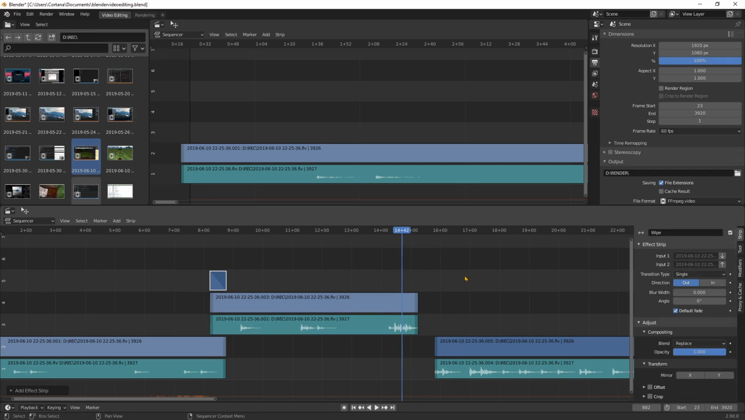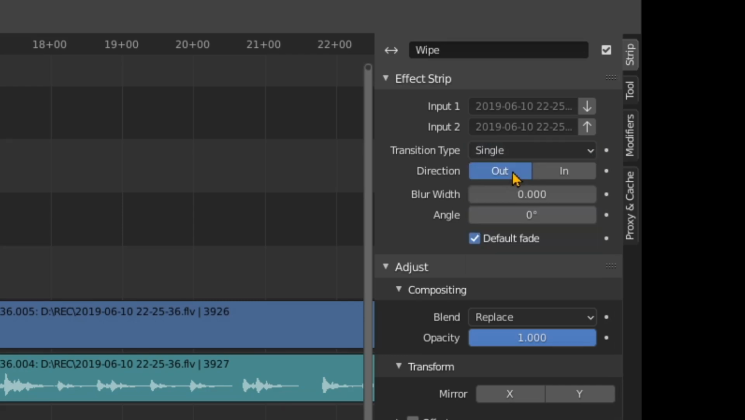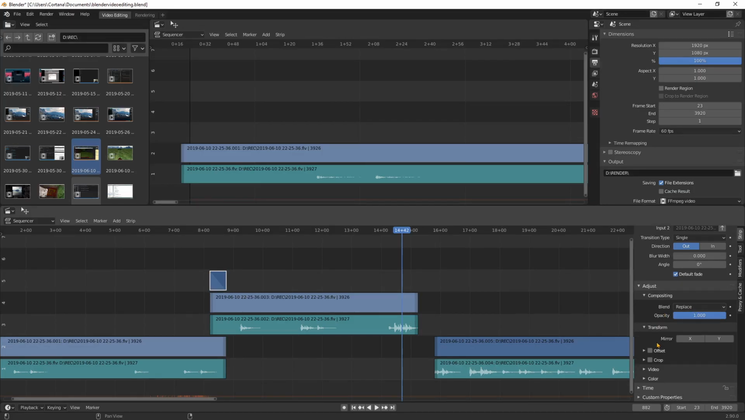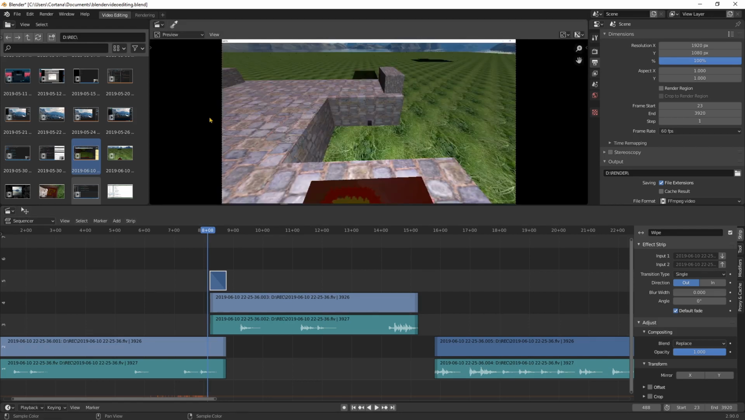And you can go over here to the properties while the wipe is selected, and you can change it. There's some transition types: single, double, iris, clock, in, out, blur width, angle, and those are the main things you want to mess with. But you can see what those look like. So you can get a little play around, and let me go to the previewer, and this is just the default